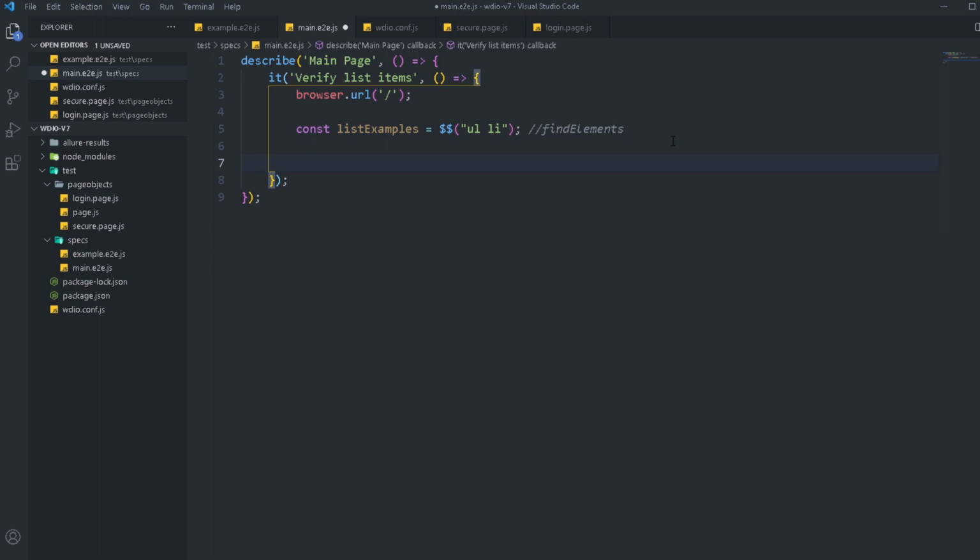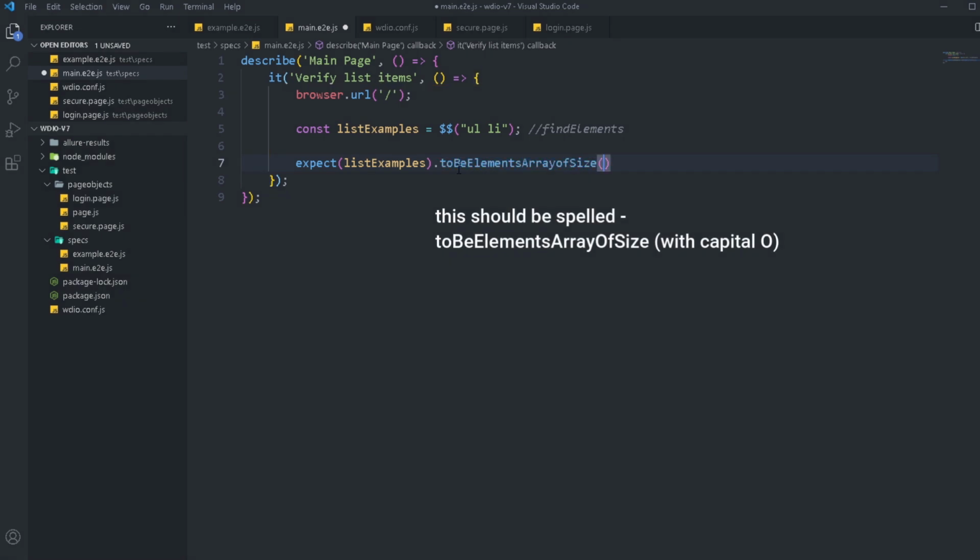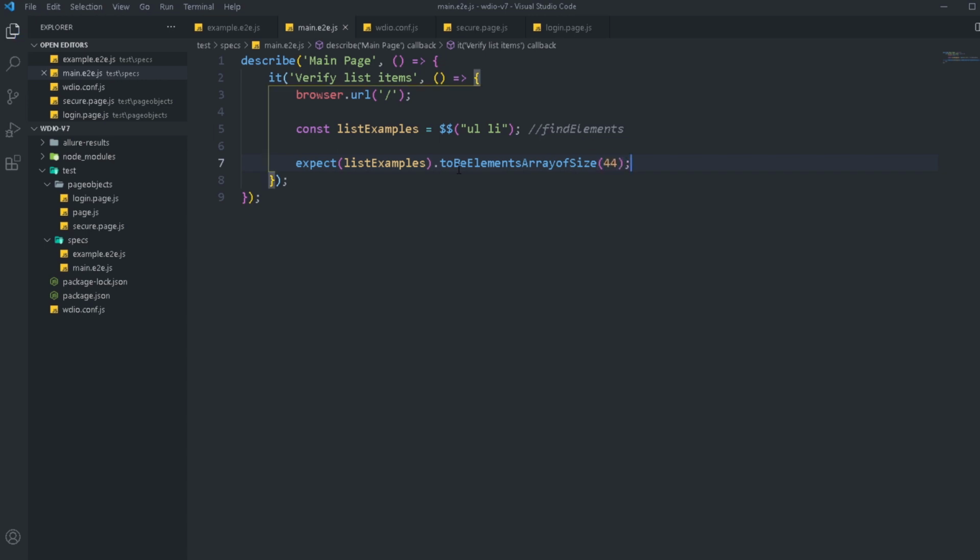And then here I can simply add in my assertion. So I'm going to do expect, and then I will say the listExamples. Then here I can get the size of my array. For that, I will use toBeElementsArrayOfSize. If you remember, the size of those elements was 44, so I'm just going to pass that in over here and then run this test to see if this works for us.